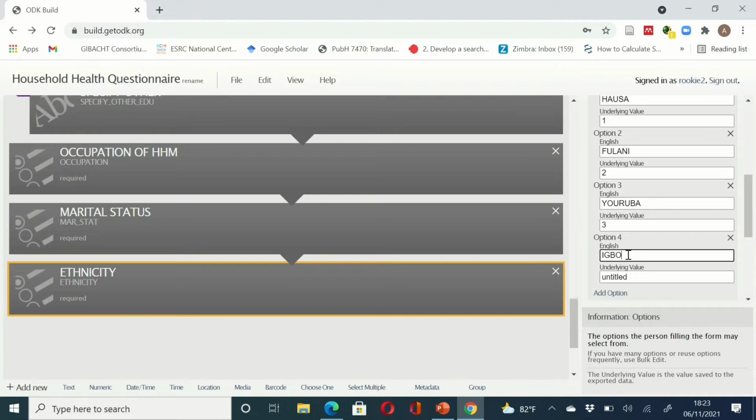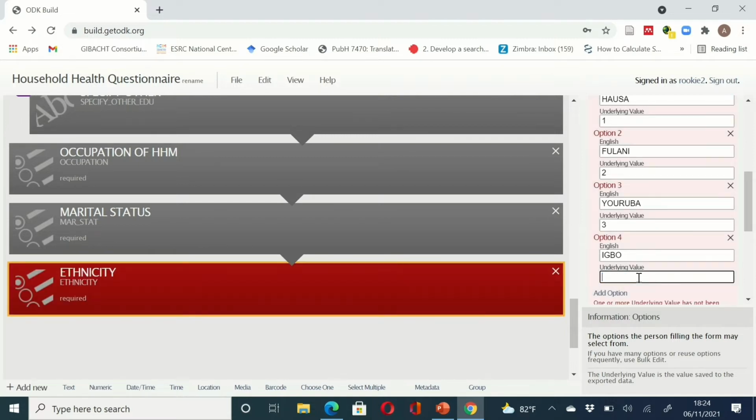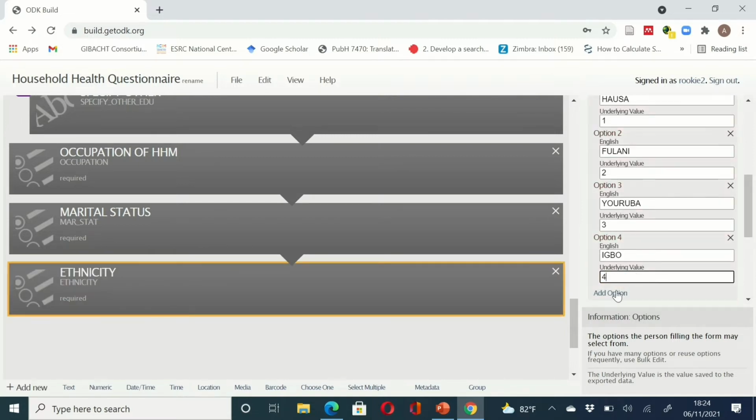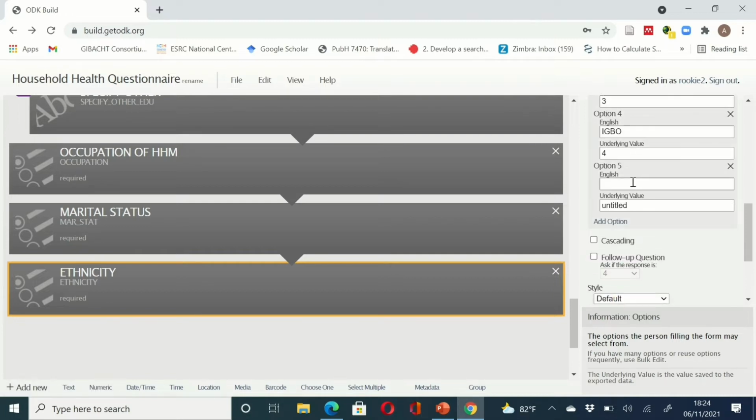Igbo, you call that 4. And then others, specify,